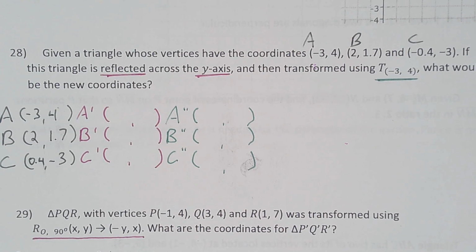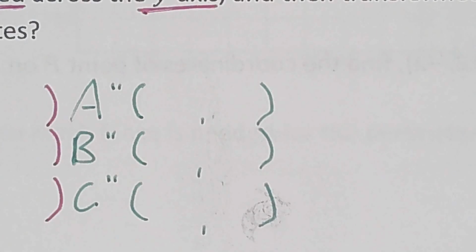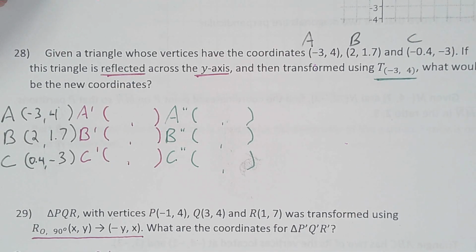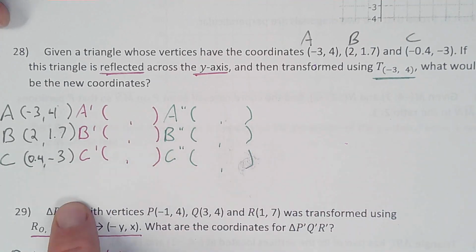All right, here's EOC review starting at number 28 and continuing on until I'm done with this section. All right, so here's a given triangle with these vertices. I'm going to brighten this up a little. That's as bright as it gets. Okay, so with these vertices, I've transcribed them in here, and the first